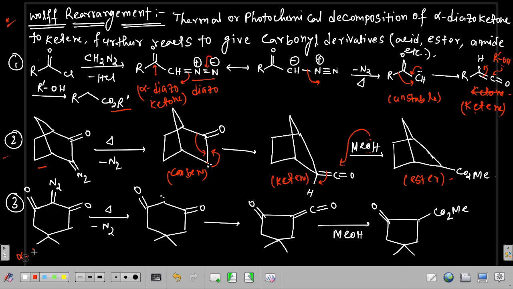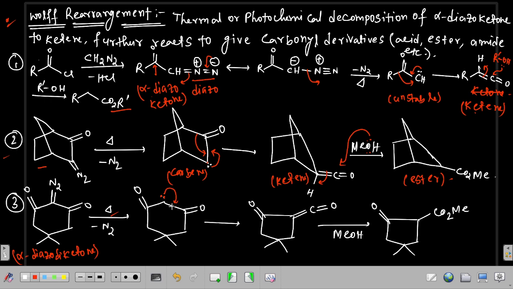This is alpha diazo diketone. Under thermal conditions, it undergoes removal of nitrogen, which leads to the formation of this carbene. After this, this carbene will rearrange, like this lone pair will